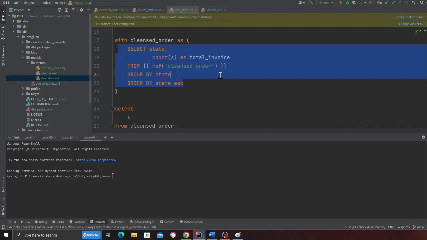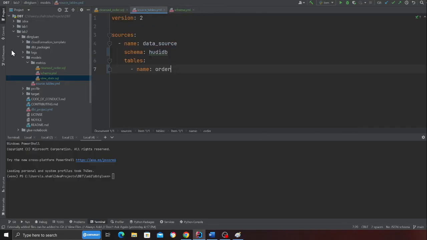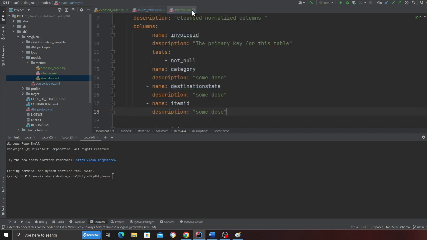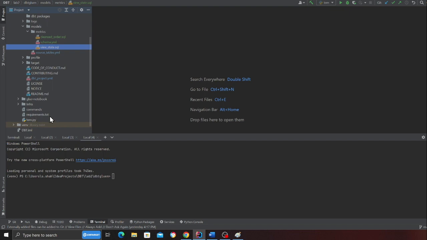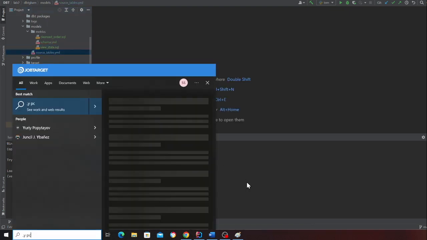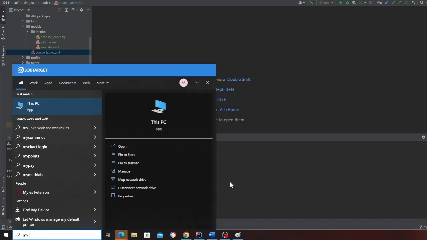So now you will see a folder called DBT Glue, right? What you need to do is come to that folder, and I'm going to walk you over the configuration that I have done. Before that, since you have installed DBT, now you need to go to your computer, actually my PC. So open up that,